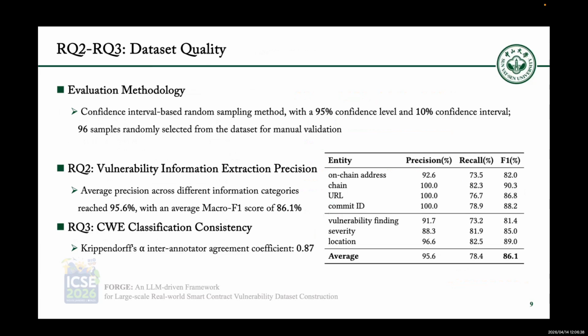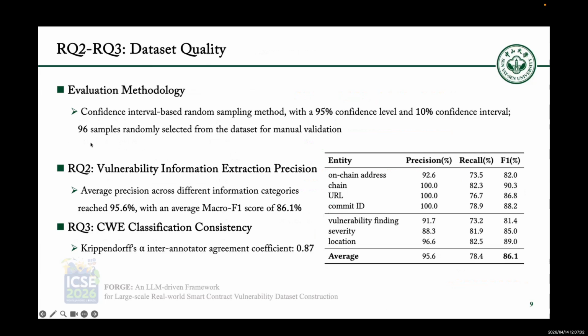And the average precision across all categories is 95.6 with a Macro F1 score of 86.1%. And for AQ3, we evaluate the CWE classification accuracy, since even expert auditors can disagree on the same vulnerabilities'